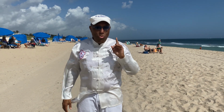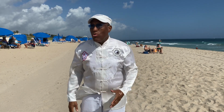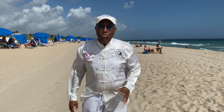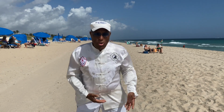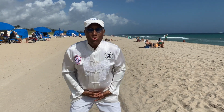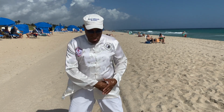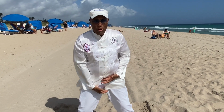Okay? Now, we have time for one more exercise, and that is the penetrating channel. Now, the penetrating channel, as I said, is for mental wellness for men and women. Now, the penetrating channel obviously starts where the penetration is. So the pubic bone, so imagine a three-dimensional circle where the pubic bone is the top, the perineum is the